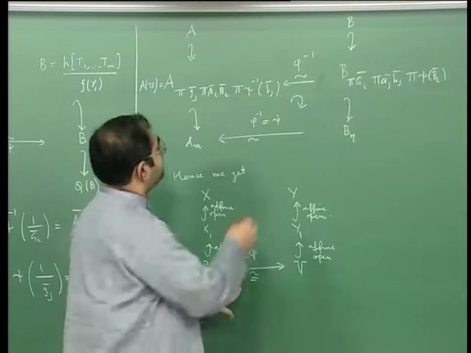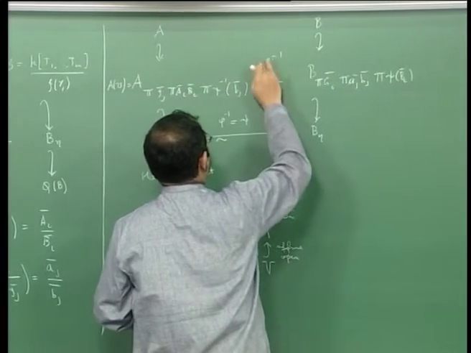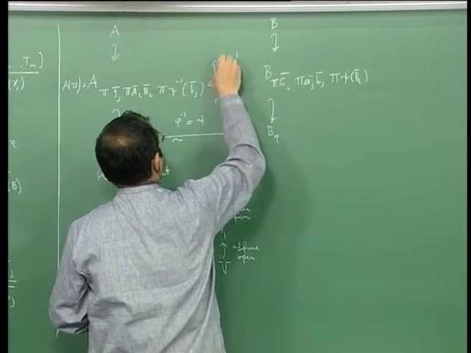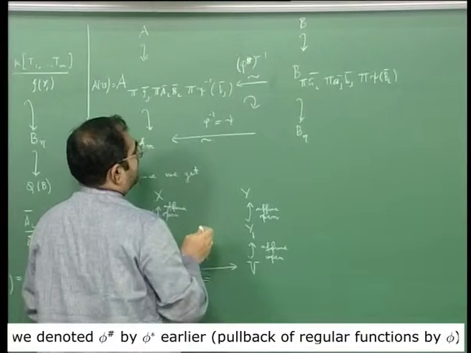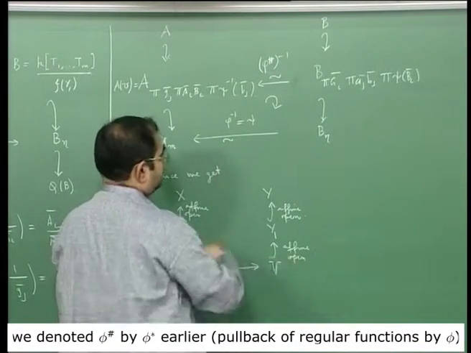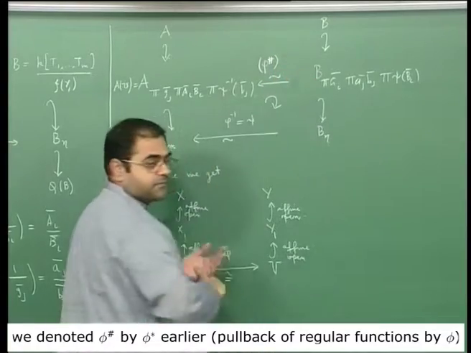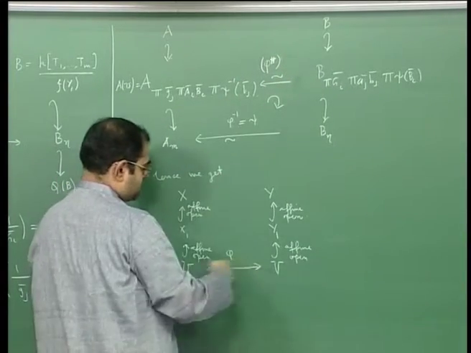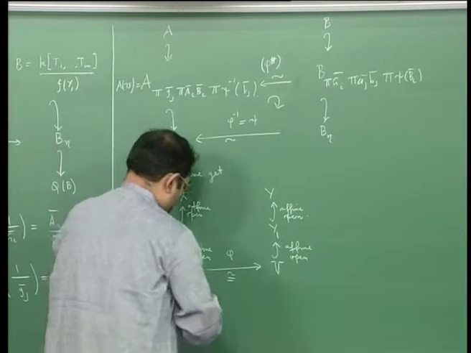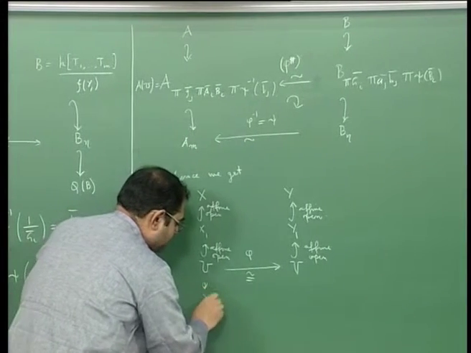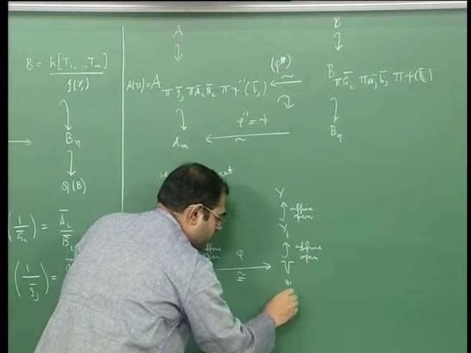So this will induce a phi hash, okay, and then the direction is correct, so let me call this simply phi hash, okay,